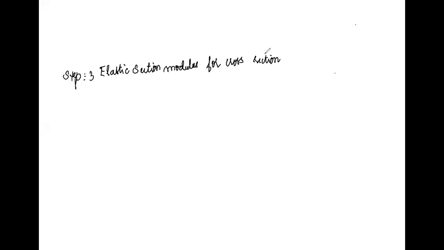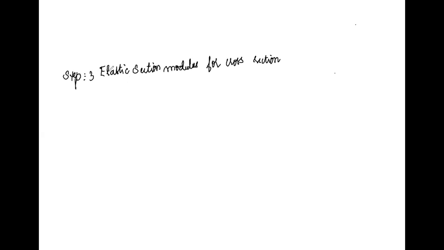Why are we calculating the elastic section modulus? We know that it is a lightweight I section, but we don't know which one, as there are different types based on the weight and based on the area. In the steel table, there are I sections with different conditions and different areas. By knowing the elastic section modulus, we choose the specific section. That is why we are calculating the elastic section modulus.